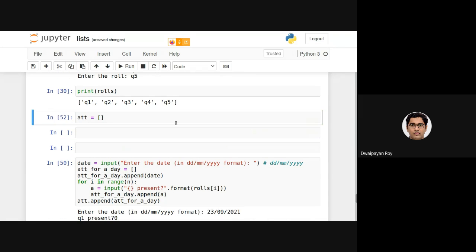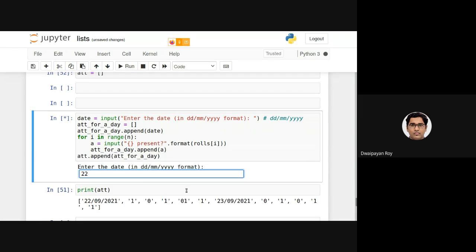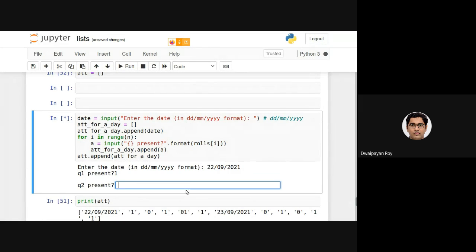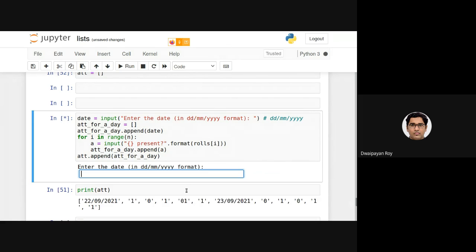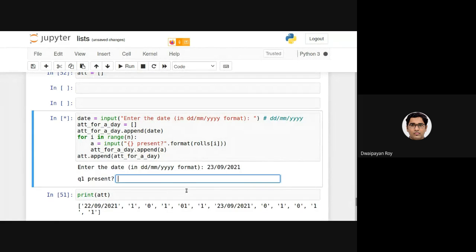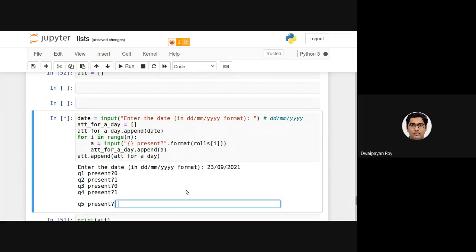Now again, I'm reinitializing that. Enter the day, say 22nd of September 2021. Present, absent, present, present, present. Again, I'm executing, say 23rd of September 2021. Say absent, present, absent, present, absent.